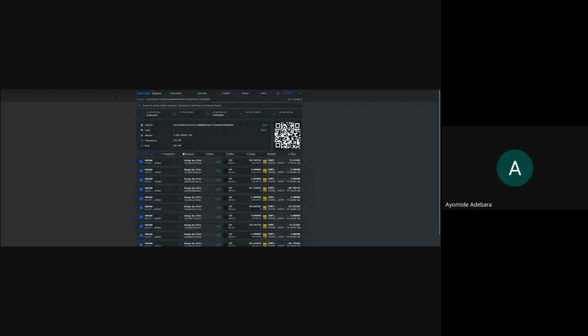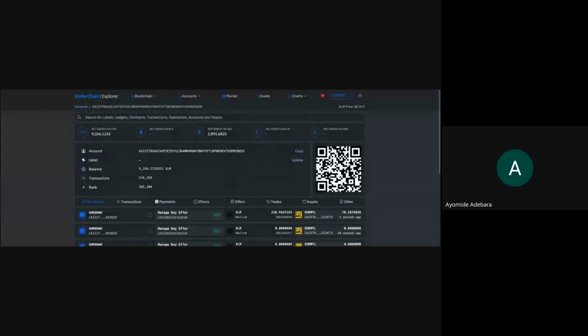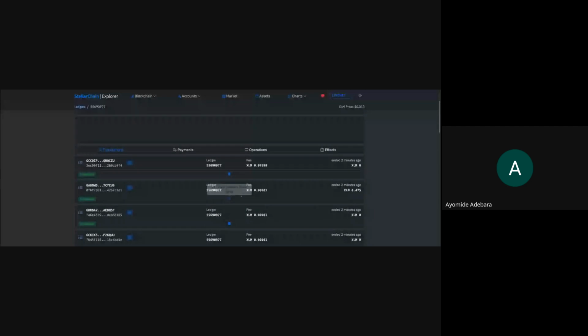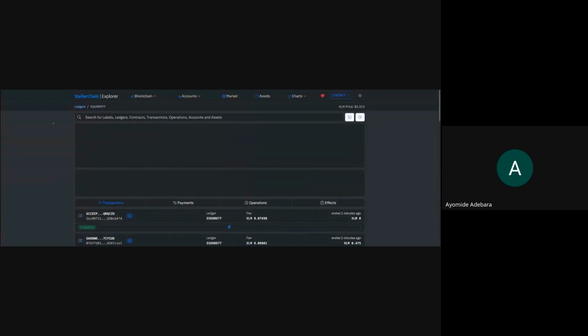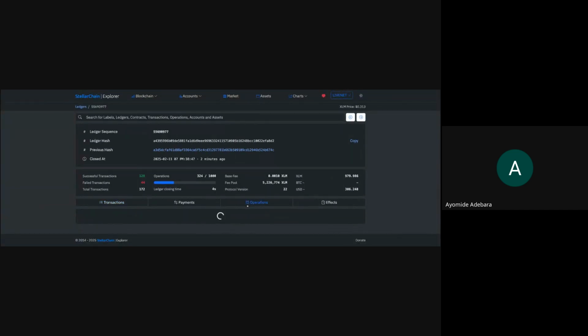So let me share my screen and show what I was about to show. So if you remember from our class, let me increase this so more people can see it, when we were talking about the Stellar ledger, I spoke about the different components and then I didn't touch operations.